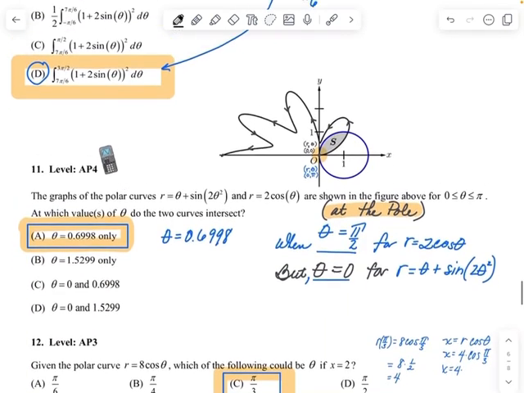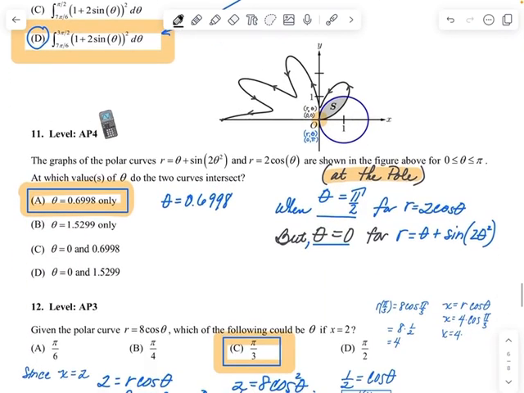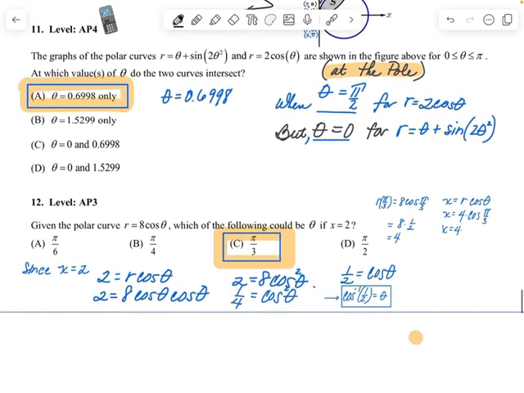And then same thing for this last one. Except remember, I give you the coordinates for the points. There's only one where the graph intersects at the same angle. At which value of θ did the 2 curves intersect? Only at 0.6998. And then you have one